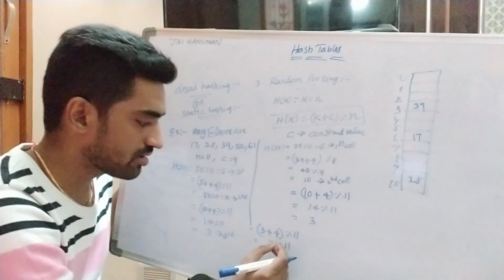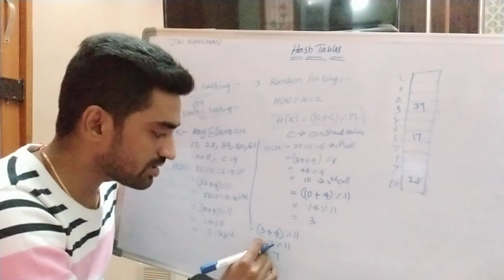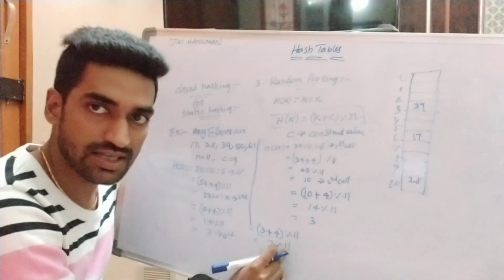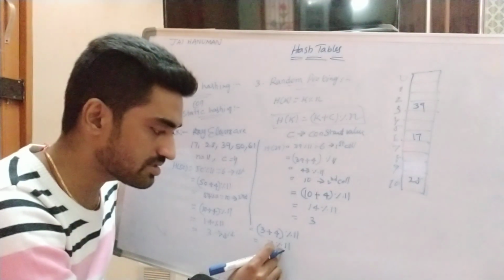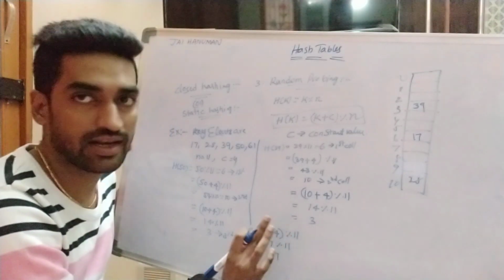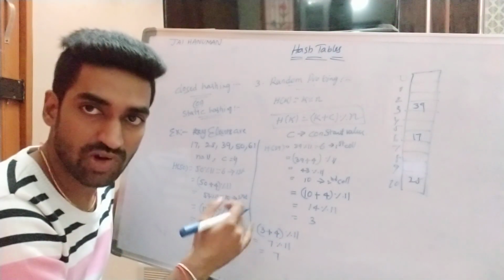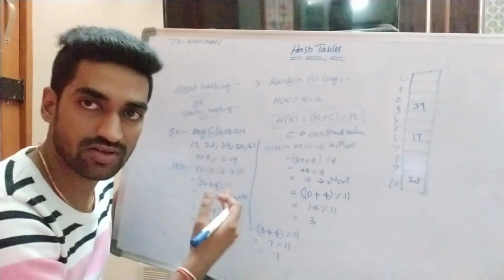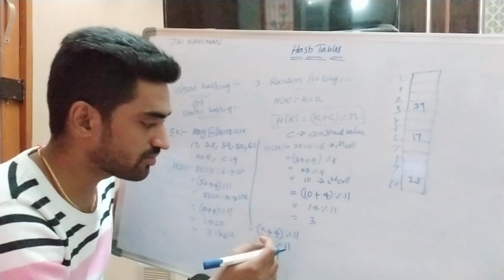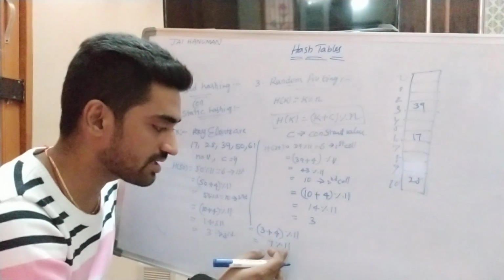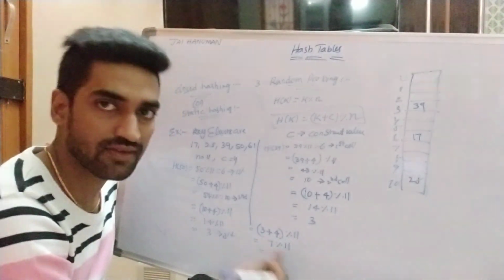Here we have to clearly observe one thing. The K value is less than the n value. In such cases, the modulo division operation returns the result as the K value, right? So 7 modulo 11 is 7, 9 modulo 11 is 9, 6 modulo 11 is 6, 5 modulo 11 is 5, right? So once the hash table size is greater than the K value, the modulo division operator returns the result as the K value, right?